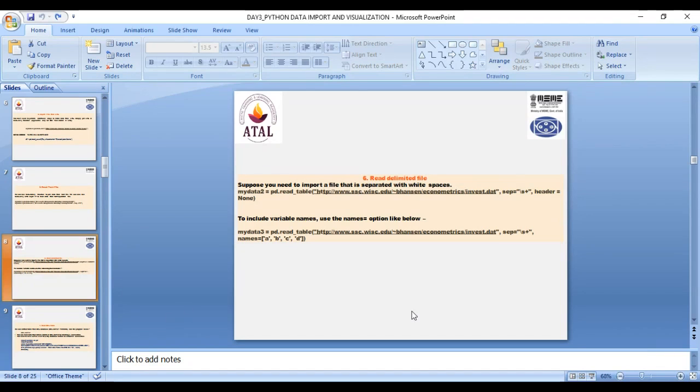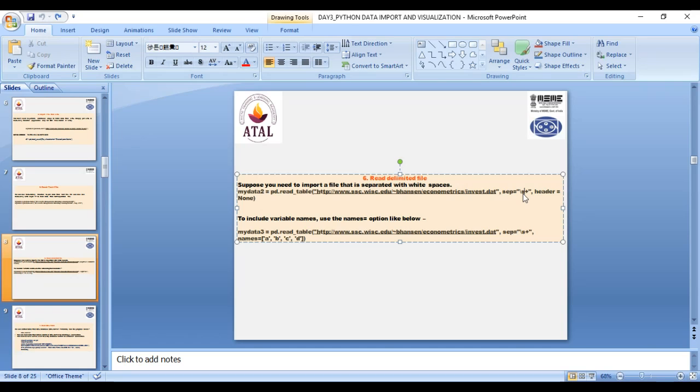Here we are giving white space, that is, separated with space. The header here is none, so we are giving None. If you want to give some header ourselves, we can give names equal to A, B, C, D like that.